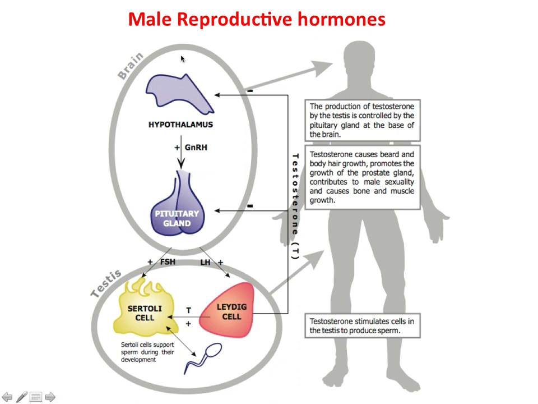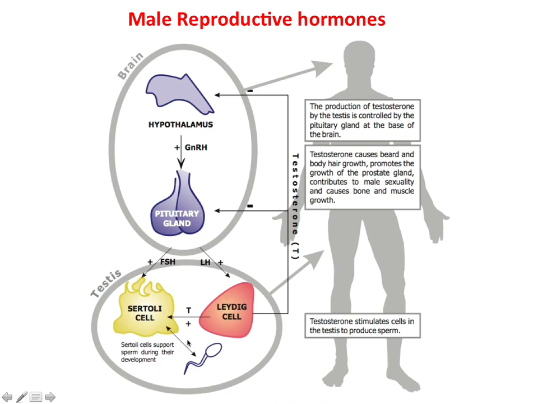So here you can see the main male reproductive organs. First is the hypothalamus, which produces GnRH. This GnRH comes to the pituitary gland, and the pituitary gland starts secretion of FSH and LH. FSH and LH go to the testes, and FSH interacts with the Sertoli cell, and the Sertoli cell supports sperm